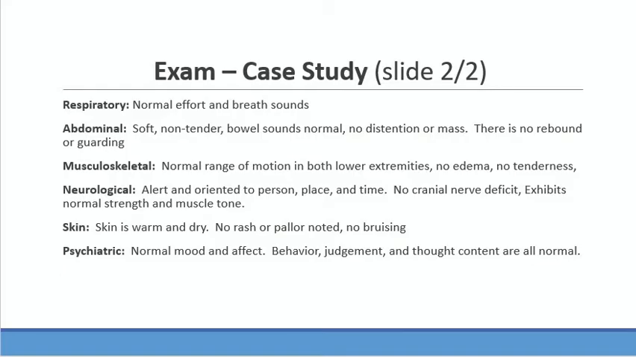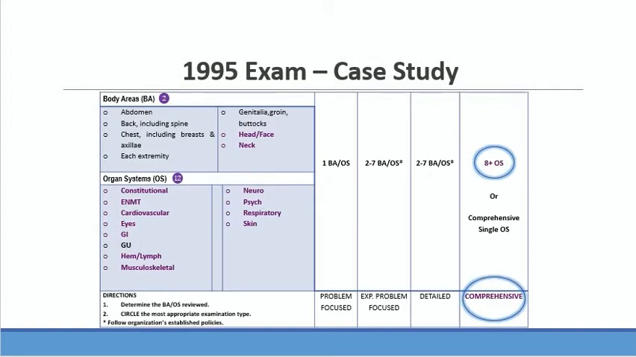So let's apply the case study to both sets of guidelines and see what our level of exam is under each of them. Using the WSPA auditing tool for the 1995 exam, we can see that we have findings in 2 body areas and 12 organ systems, and we have more than exceeded what is required for a comprehensive exam